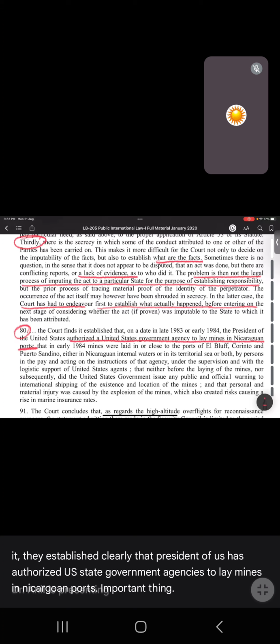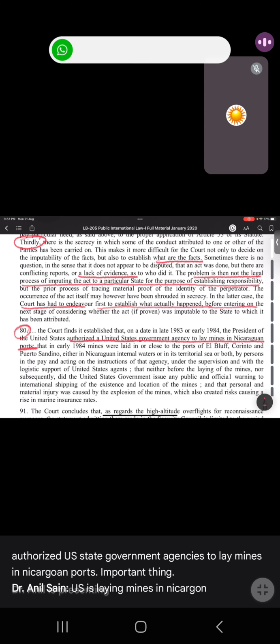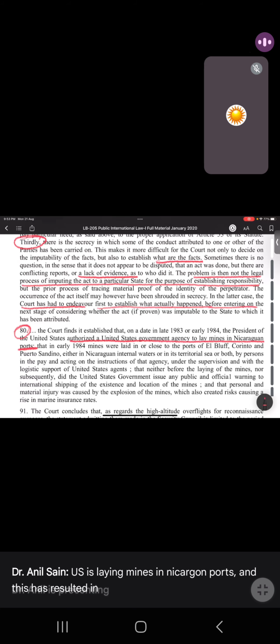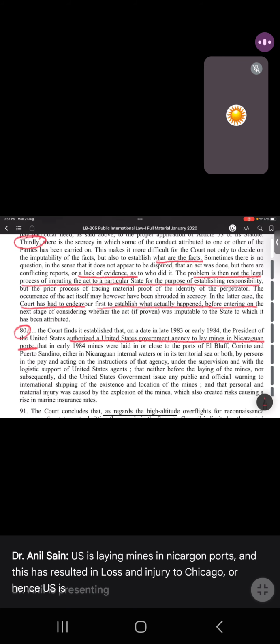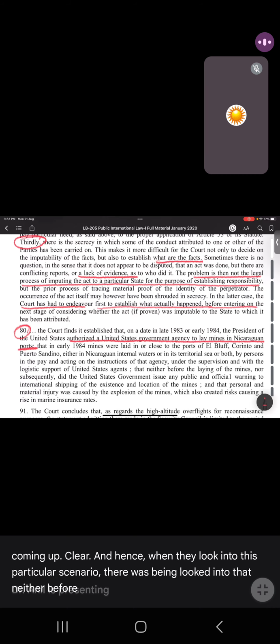Important thing: the US is laying mines in Nicaraguan ports, and this has resulted in loss and injury to Nicaragua. Hence, the US is responsible was another one which was coming up. Clear? And hence, when they looked into this particular scenario, it was examined that neither before laying mines